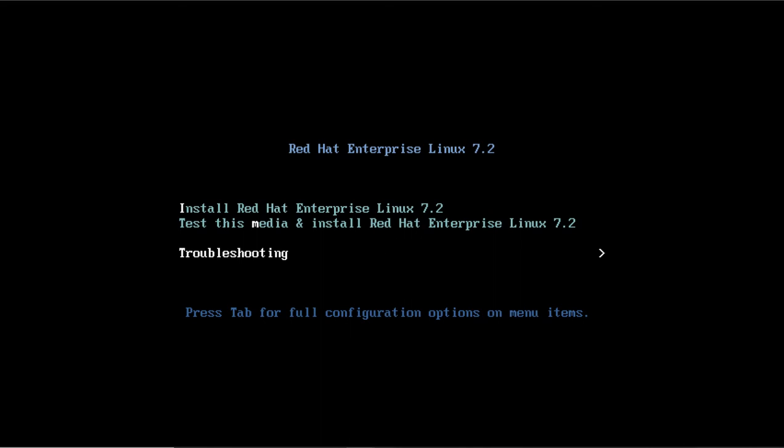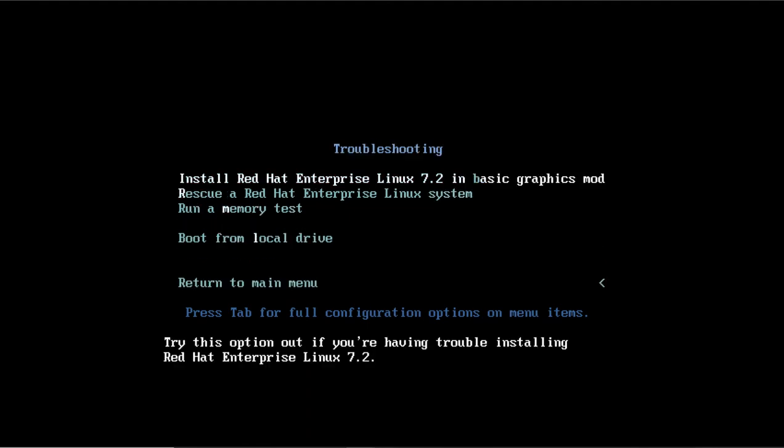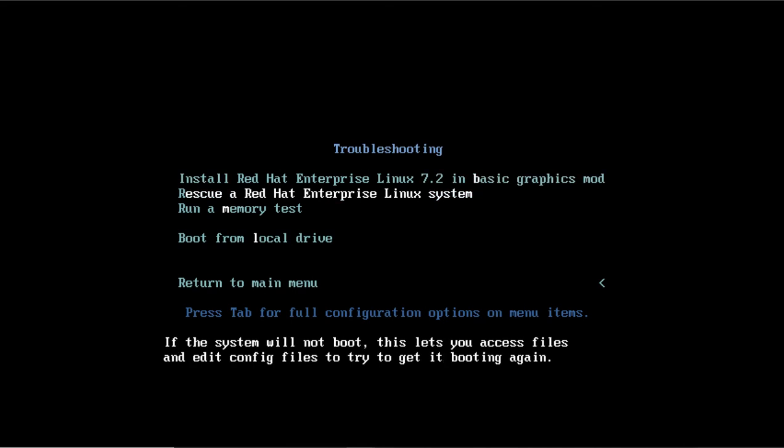For saving the system, we don't select installation, we go to troubleshooting, and in troubleshooting we have an option to select Rescue a Red Hat Enterprise Linux system. This is for rescuing our system. So I will select this and press enter.